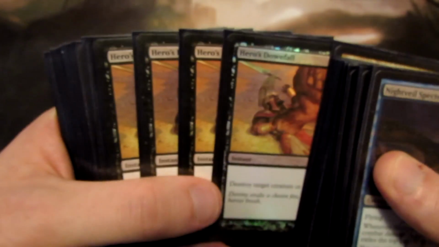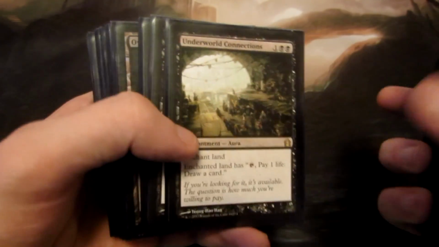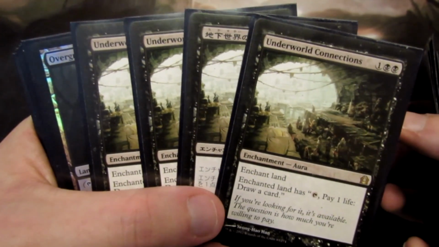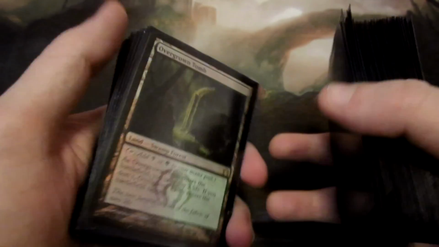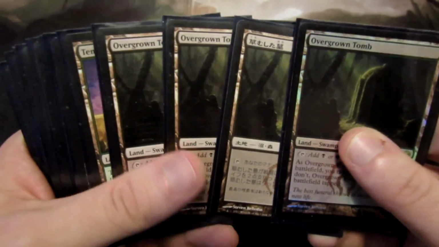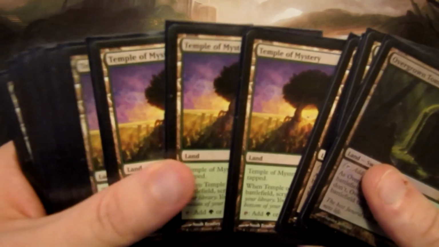We have 4 Hero's Downfall to destroy target creature or planeswalker for 3 mana. 4 Underworld Connections to enchant a land, and the enchanted land has tap, pay 1 life, and draw a card. So basically our engine for being able to draw extra cards. So those are our spells that we have, and for our land base, I'm playing 4 Overgrown Tomb, 4 Temple